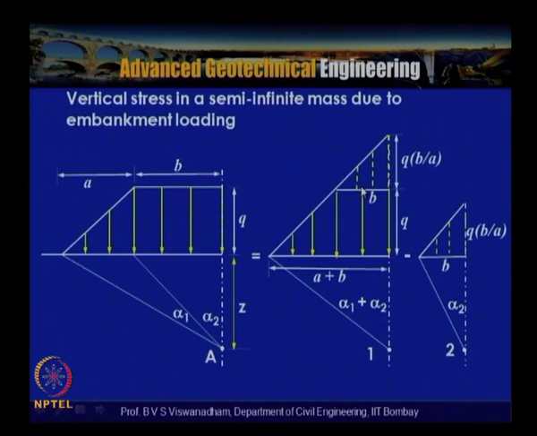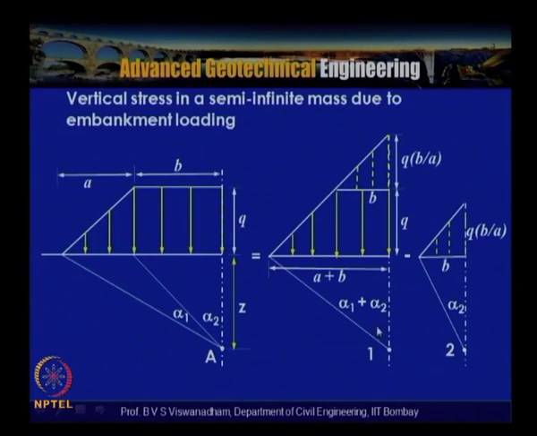So what we get is that we can calculate this width, which is equivalent to B. From the similar triangles again we can get the load intensity, that is nothing but q into B by A. So this particular loading is assumed as a fictitious loading, and we converted this embankment loading into a triangular strip having load intensity varying from 0 to q into 1 plus B by A, and A plus B is the total horizontal distance of the strip, and the point lies right below, that is at the center of the embankment. So this is the point.